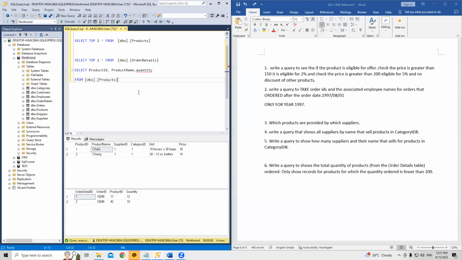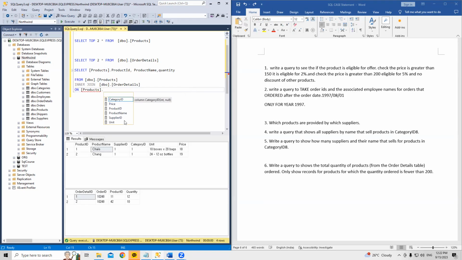Okay, quantity field. Any other column? No, right? No. Okay, then inner join order details on. Now product ID is present in both the tables. Now we have to put the table name. Okay. Yeah. On